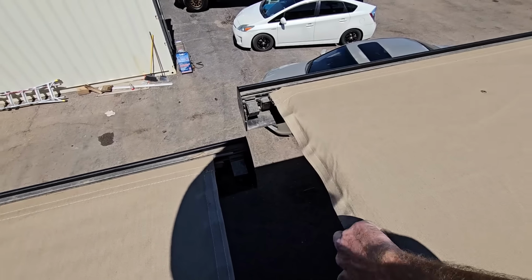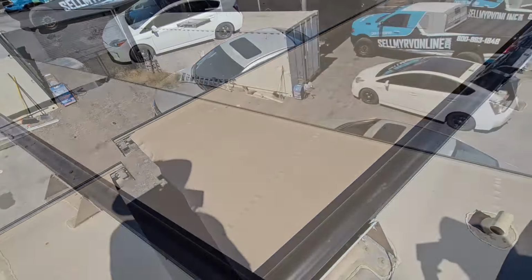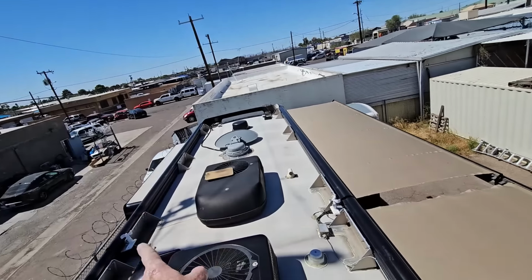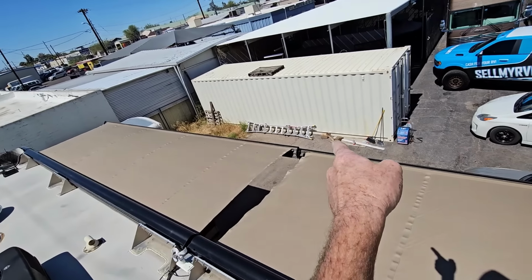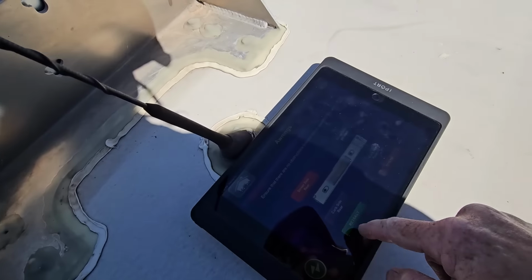Looks like it's a little bit out of the lead rail right there. And of course, these are just basically slide out toppers, so they don't extend as far out as the patio awnings over there. But other than a little bit of loose fabric right there, this looks really good. And I think with that,